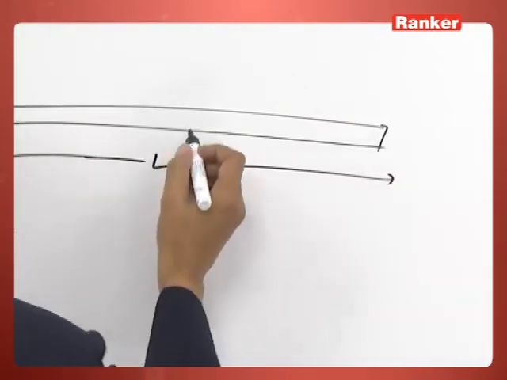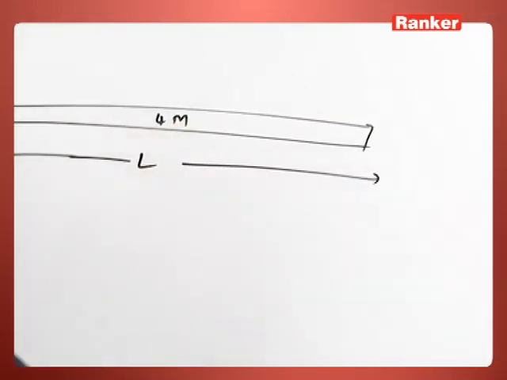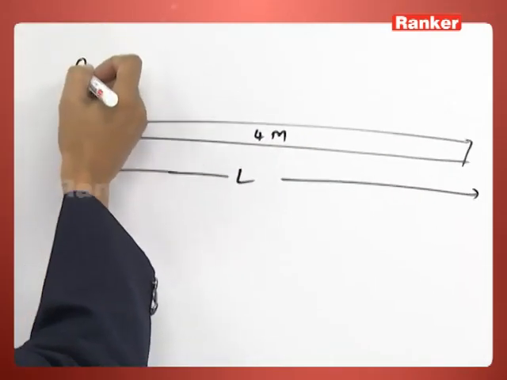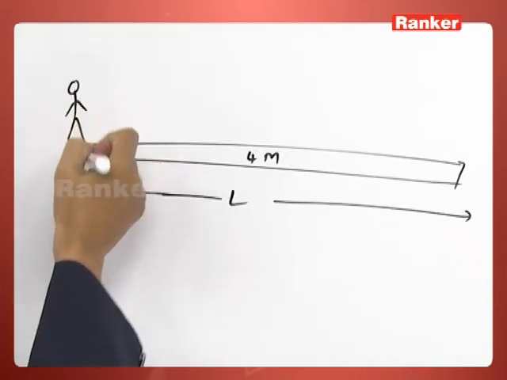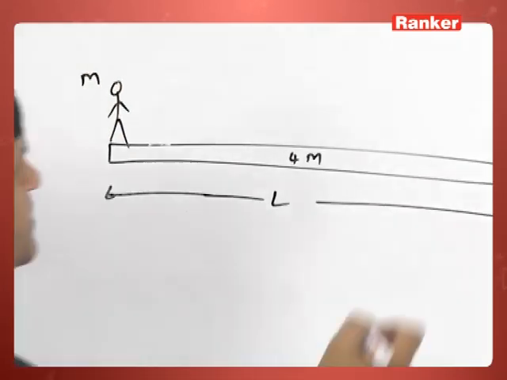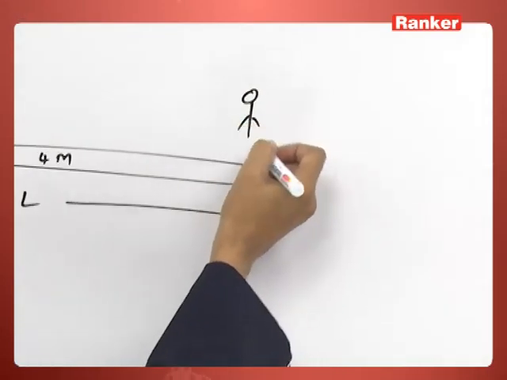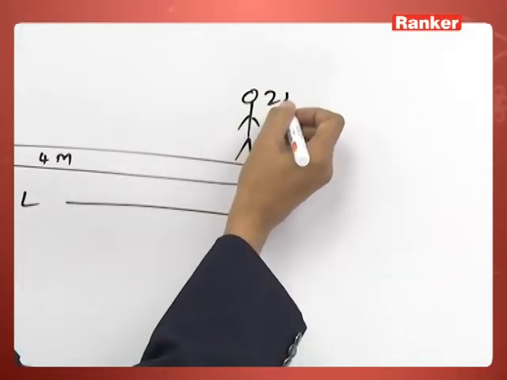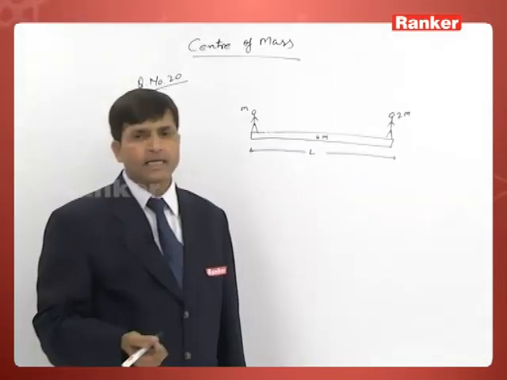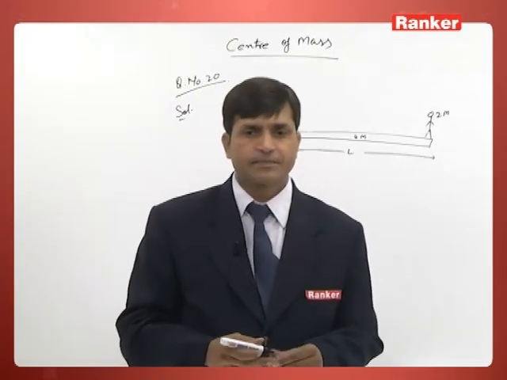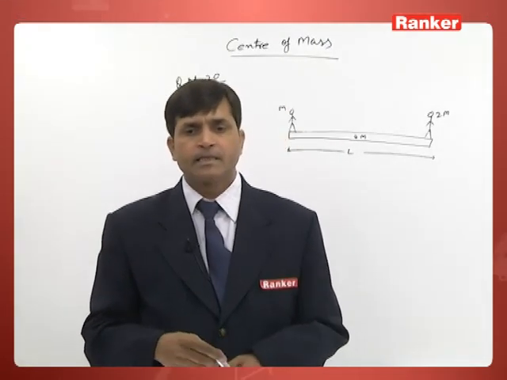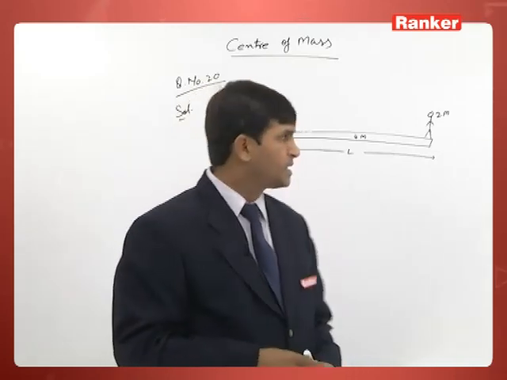A boat of length L and mass 4m. There are two persons, one having mass m, another having mass 2m, standing at the opposite ends. Person A travels a distance L by 4. See,